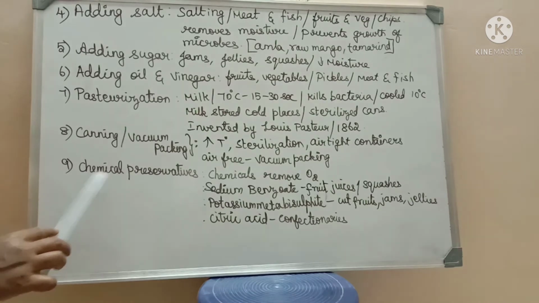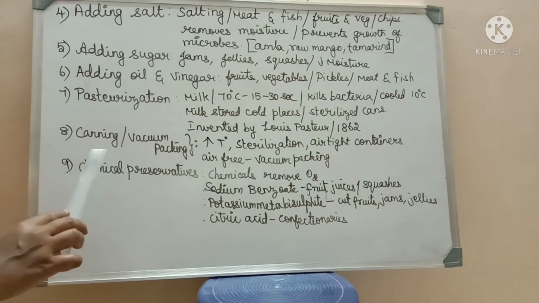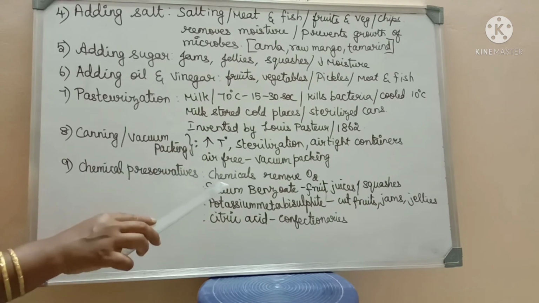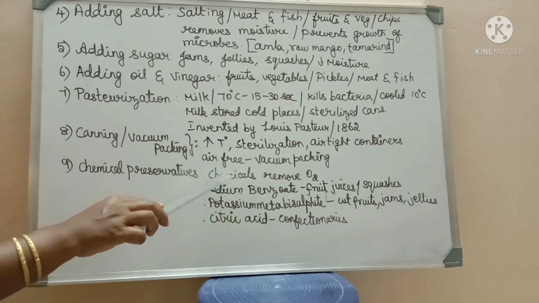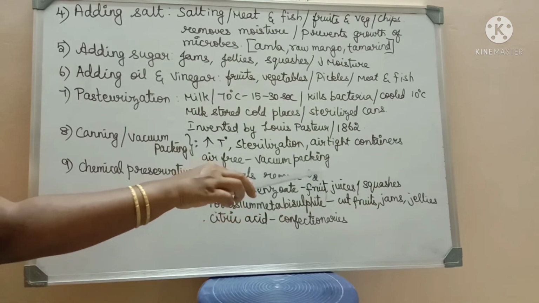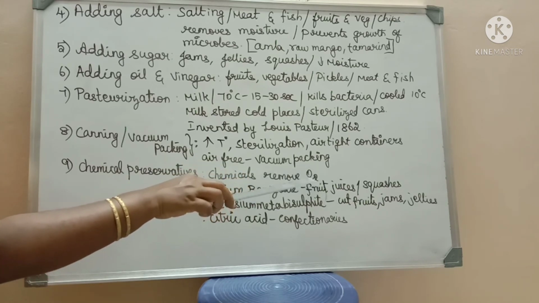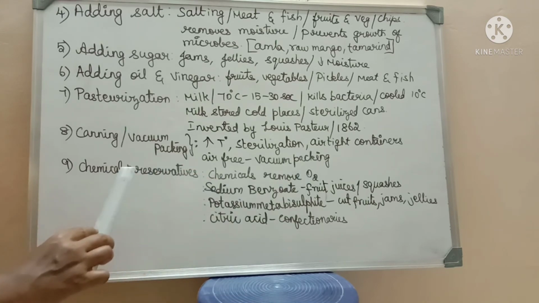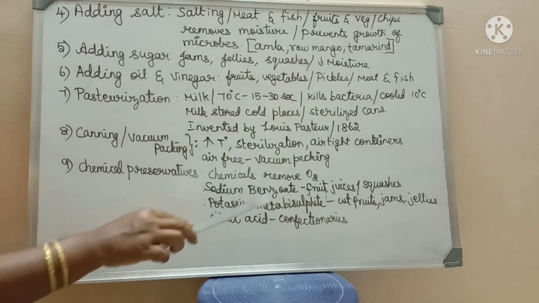The last method here is chemical preservatives. Food preservation done by using chemicals is known as chemical food preservation. The chemicals usually remove oxygen. You know that oxygen allows aerobic bacteria or aerobic organisms to grow. If oxygen is removed, it does not favor the growth of microbes. The usual chemical preservatives are sodium benzoate, potassium